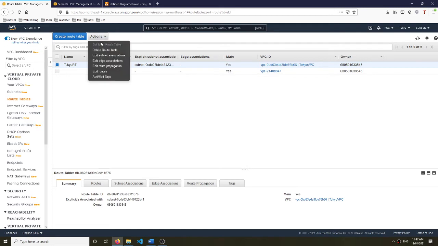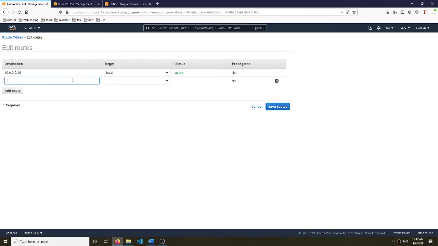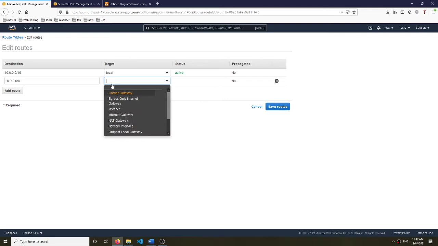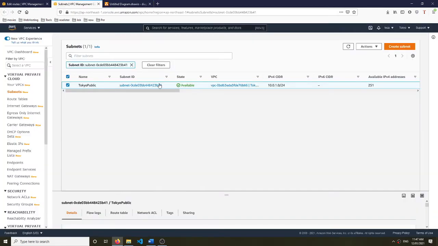Okay, and the next thing is I want to edit the routes. I want to add a route. The destination I will put 0.0.0.0/0. The target is the internet gateway. This route from the public subnets, I want to route it to this internet gateway. Okay, so I will have to choose